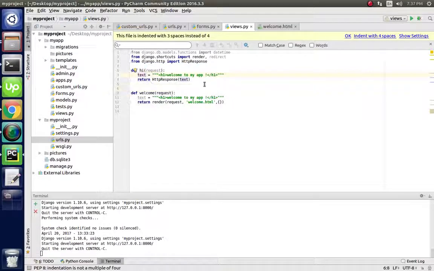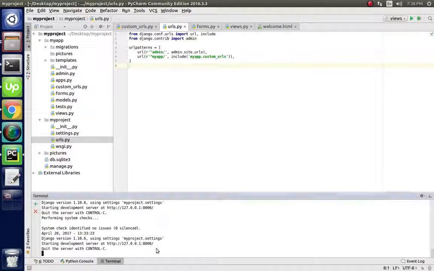Here I simply call an HTTP response and print this value. Let us see what the output of this will be. For running this we just have to write python manage.py. Firstly go to the directory of this Django framework and then type python manage.py runserver.